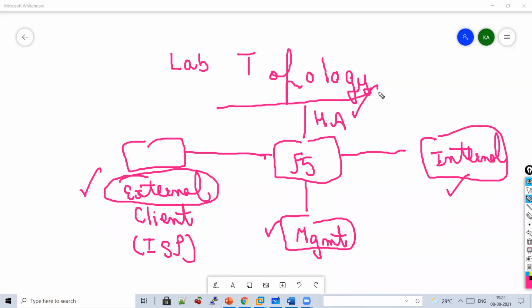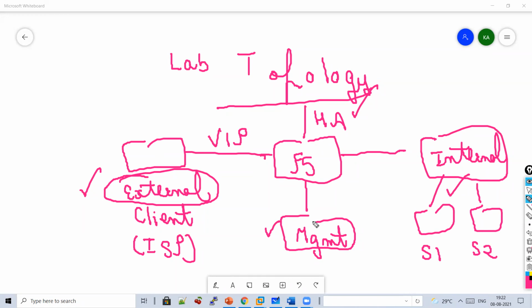Why do we need 4 networks? Because your external interface is basically where your client will hit. This is where your VIP comes into the picture. Your internal network comes into the picture because your web servers, server 1, server 2, are all connected to this internal network.